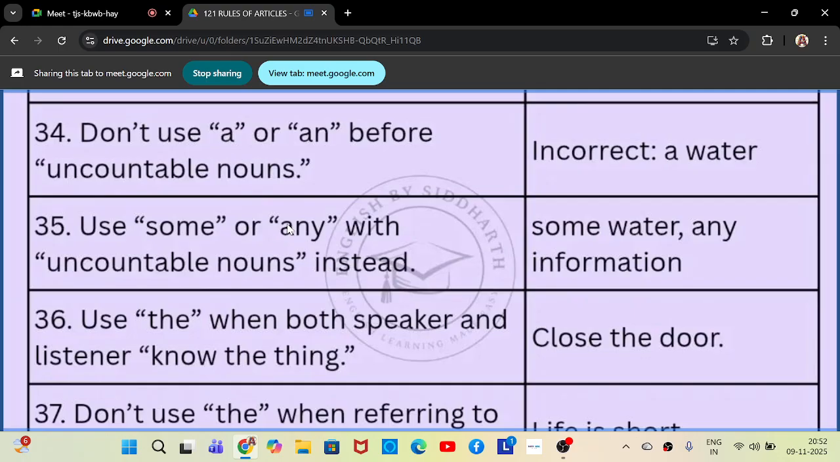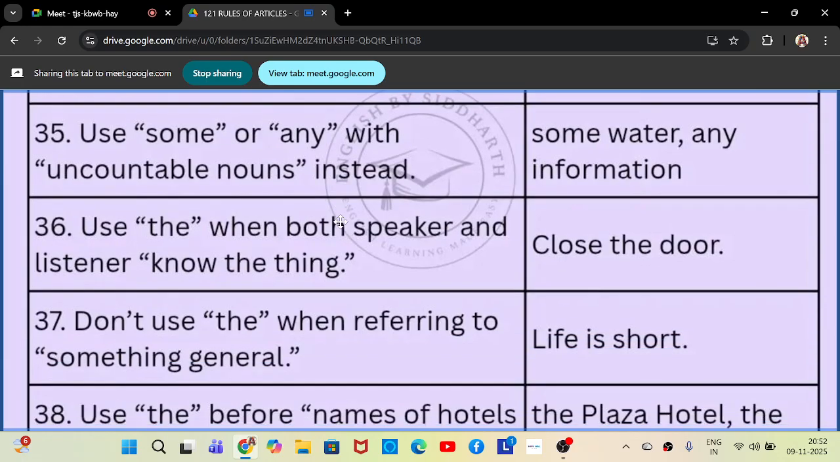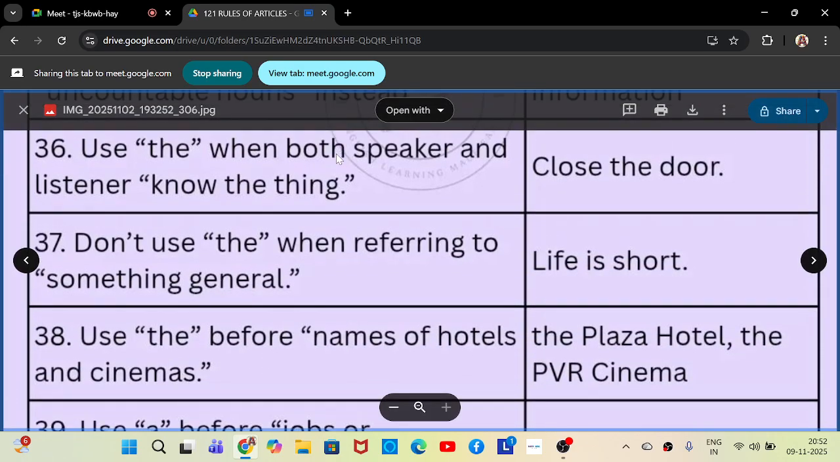Next is use some or any with uncountable nouns instead. പകരം, instead means പകരം നമുക്ക് some or any use പണ്ണലാം. Uncountable nouns കൂടെ you can use some or any. For example, some water, some salt, some sugar, any information, etc. 36. Five more uses. Okay. Now the 36th rule says